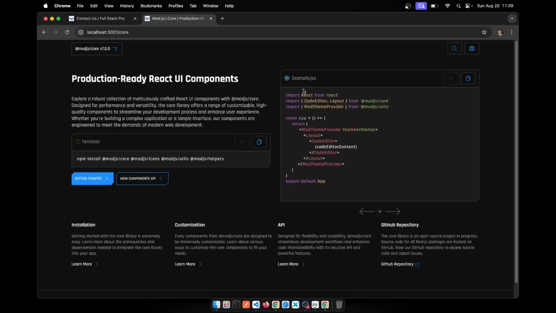Today we're going to build this code editor component in React. As you can see on the screen, I have two code editors here. The first one is the one that you see on the right. This is the code editor for the actual code where we can write the actual code, and you can see